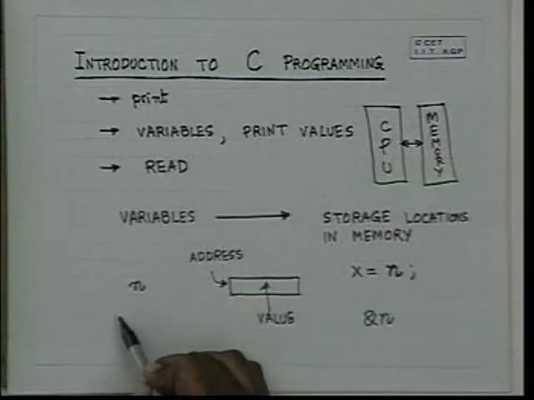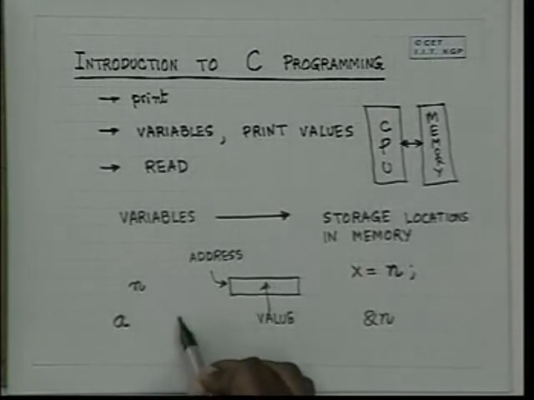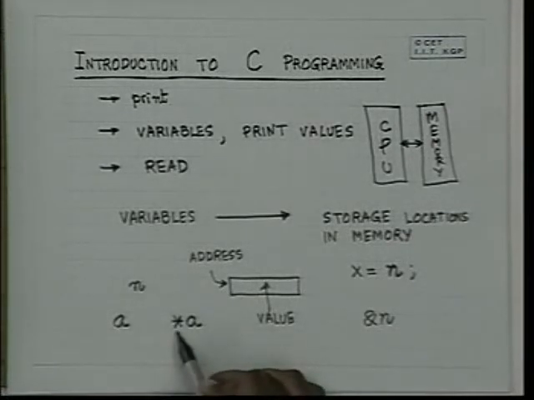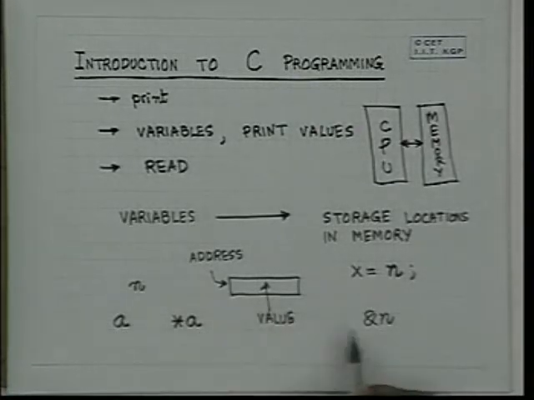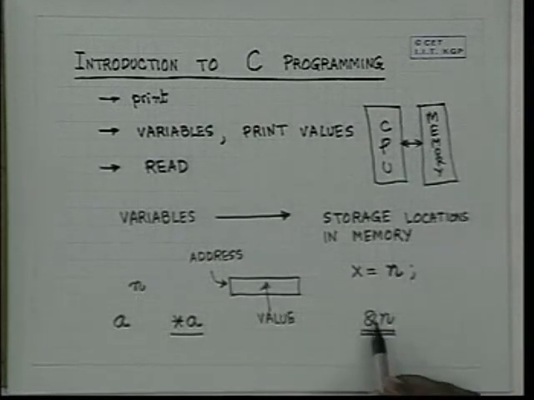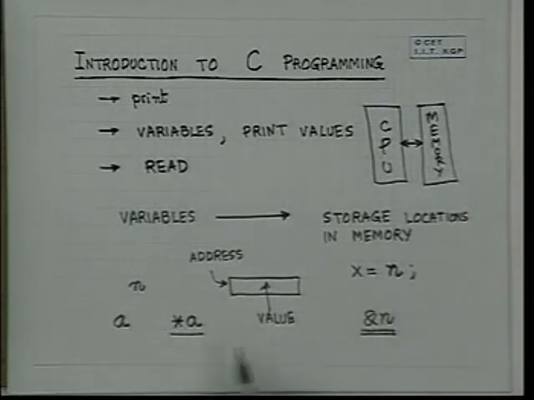And suppose somebody passes an address location a to you, and if you want to know the value of this address location, you write *a. So if a is an address location, if you want to find out the content or the value of that address, you write *a. So there are two things about a variable. If it is a variable n, m, a, then & of it will give you the address location. If it's an address location, then * of it will give you the value. So these are two things which are used extensively in C.